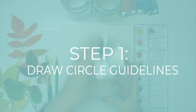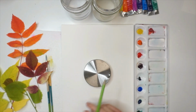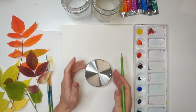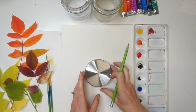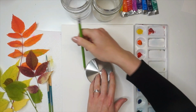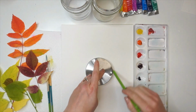So this is just the cap for one of my water containers, but it's a perfect little circle that fits in my page. And I like to just use this as kind of like a guideline. I don't follow this circle exactly, but it just keeps me sort of in a rounded shape so I don't deviate all over my page where I don't want to be. So I'm just going to stick that in the center and use my pencil very, very gently to trace a circle